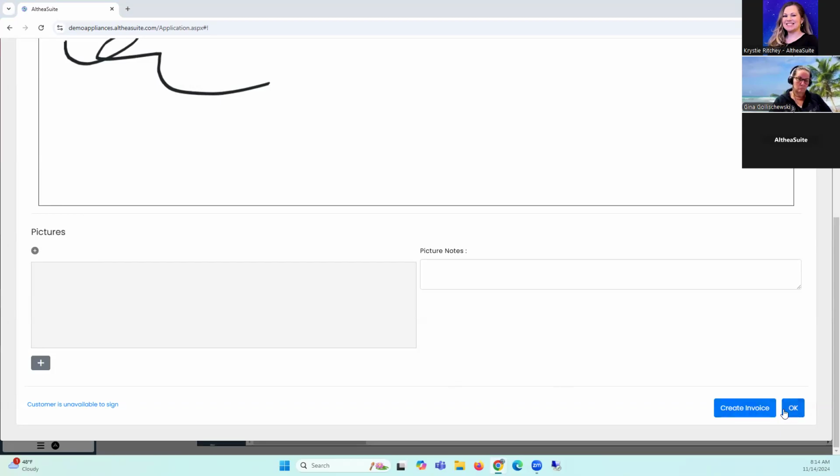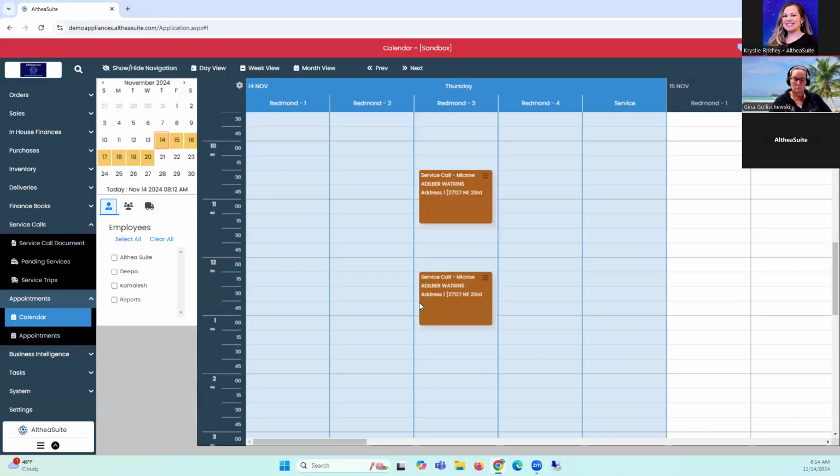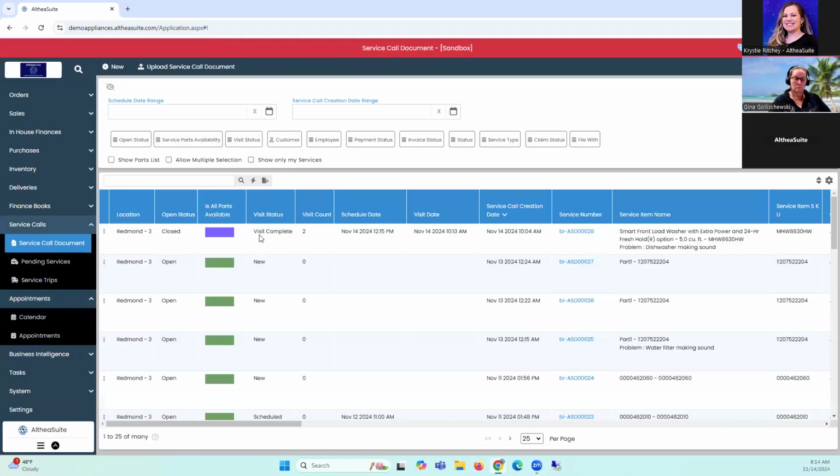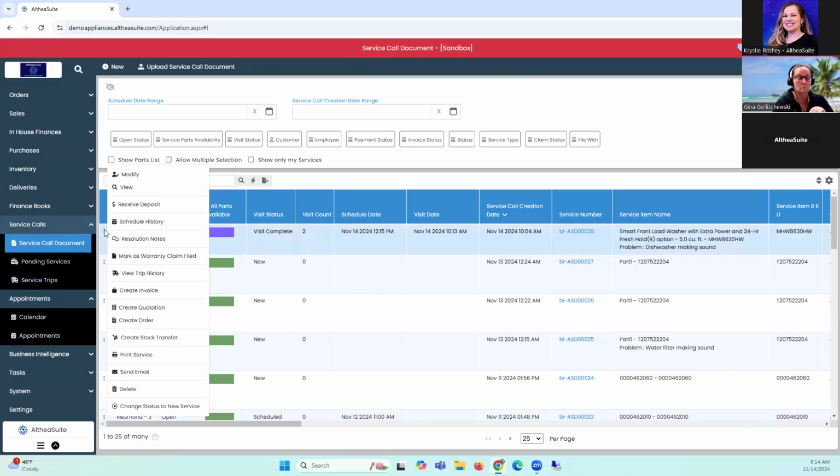So I will just add the pictures, or I can say customer unavailable to sign, whatever type of setup you have. And I have completed the service. Let's go ahead and make an invoice out of this service. Visit is complete, 2 visits were there. And then when I create this invoice from here,